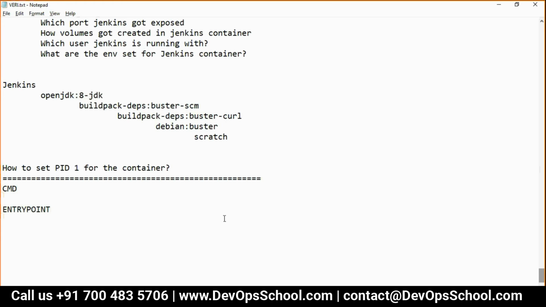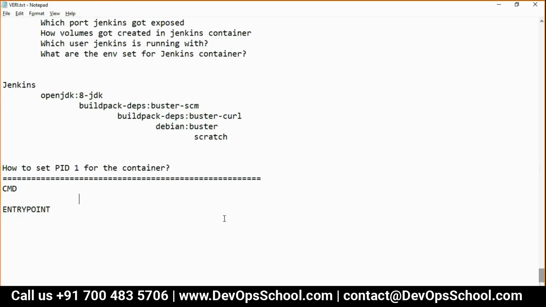Remember the importance of PID 1. I always say PID 1 because you should understand very clearly, not container process, because a container has so many processes, and if I say container process, people get confused. So how can we set PID 1 for the container? Because if the PID 1 is running, the container is running and you can use it. If not running, you cannot use it. So it's like this. Docker has given you two ways, CMD and ENTRYPOINT.